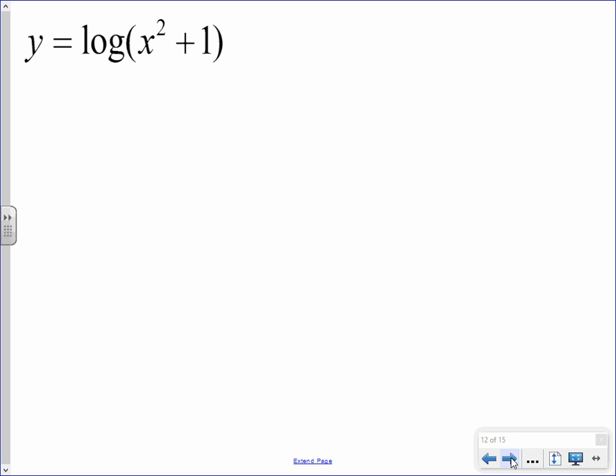Let's do this one. What's the base on this one? 10. If there's not a base, we assume it's 10. If you want to write it in so you remember, that's not a problem. Okay. So when we take the derivative,